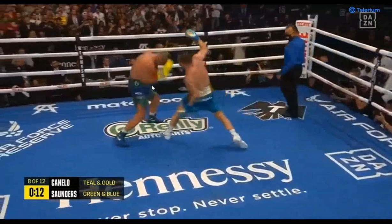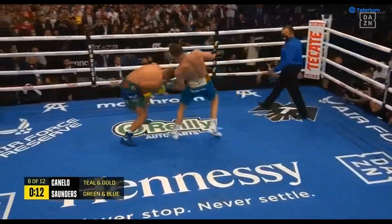And Canelo throwing it up, feinting him, and getting Billy Joe Saunders to kind of roll into this punch. Actually, really well set up. A beautiful fight from Canelo. He fought just as expected. I think Billy Joe Saunders is going to get a little more credit in the fight than he deserves, because I do think he fought well, and he fought an excellent 8th round up until he got clipped with that huge pendulum